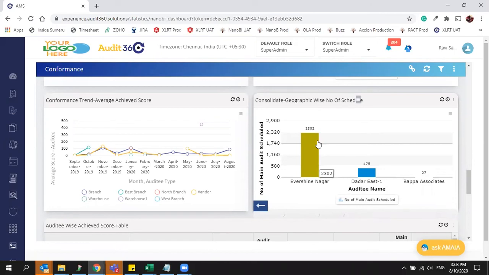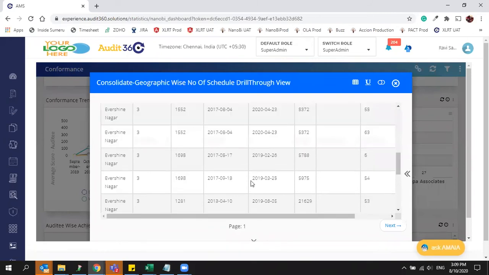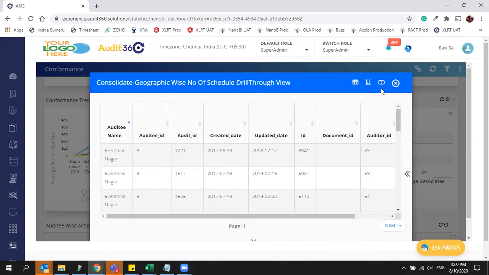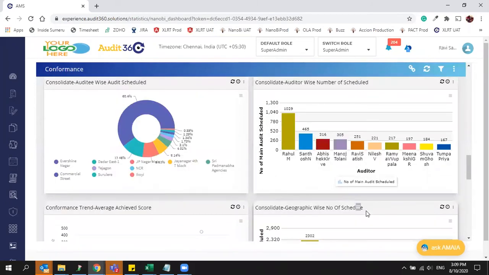Now at last you are at the branch level. Branch level information, you can see which branch is scheduled how many times. If you want to see only Evershine Nagar data, when you reach the last stage, then you can see the data particularly for that auditing. So this is called drill down access.